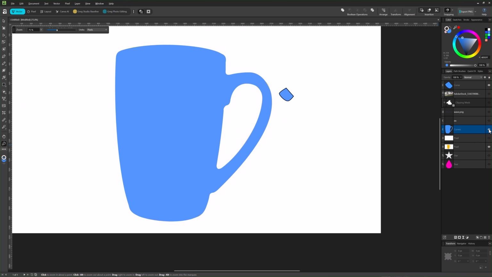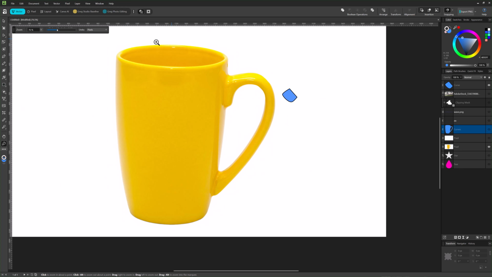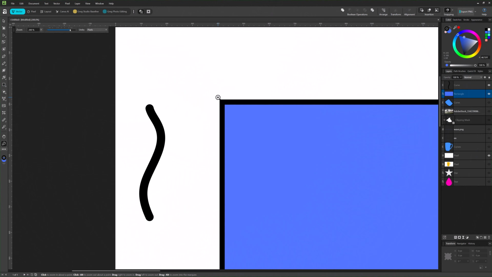Now, of course, I could still come in here if I wanted to add a different color or something to represent the opening of this mug. But I think for now, for our purposes, we've done a good job of just demonstrating how you can use this pen tool in combination with that node tool to create really effective, accurate selections and also really smooth, cool vector shapes. Okay, so I think we've covered effective ways for using the pen tool, and that's the most important